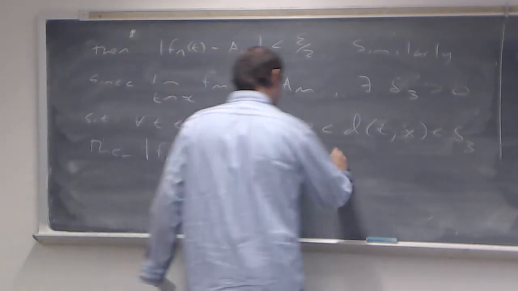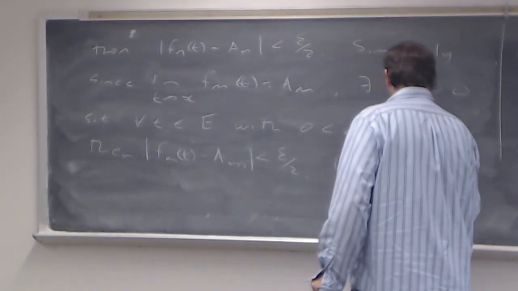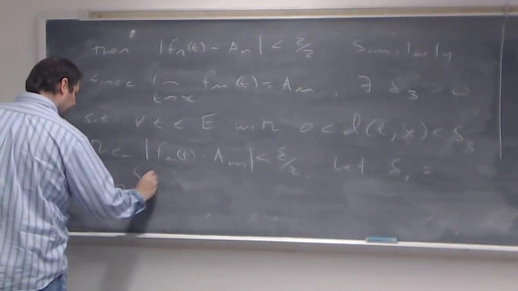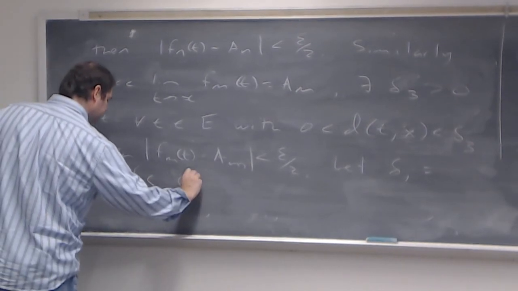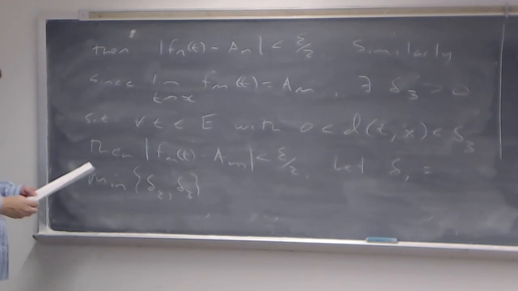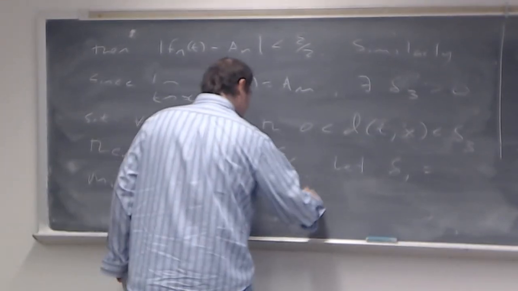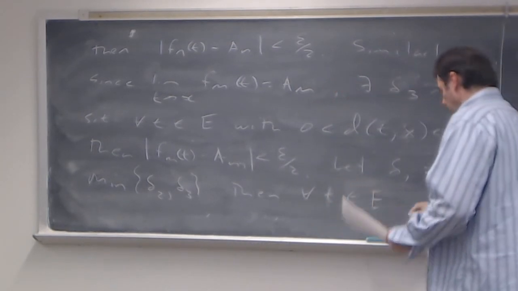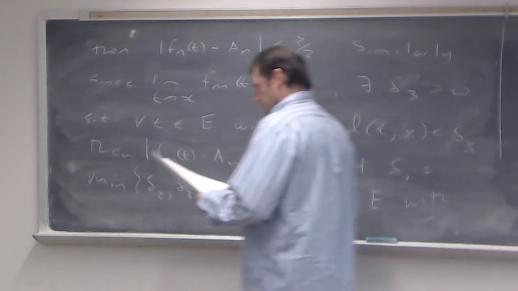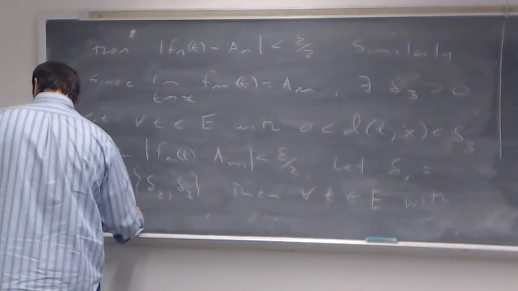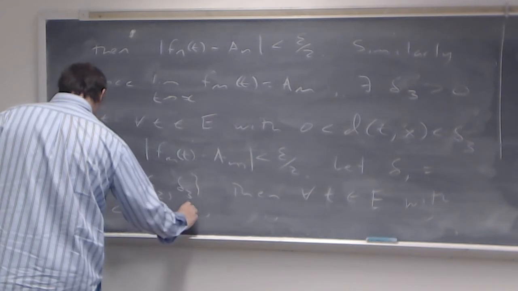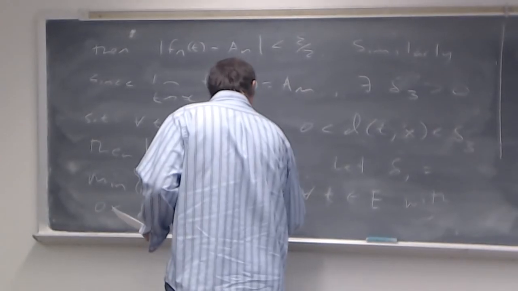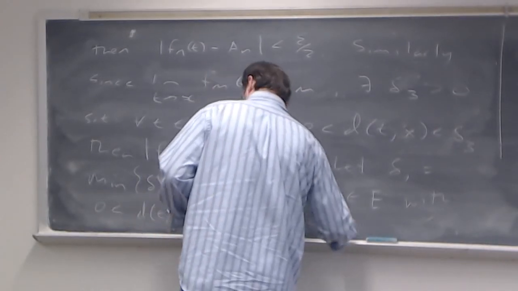Then, remember we're looking for a delta sub 1, so we let delta sub 1 equal the minimum between these two deltas, that is delta sub 2 and delta sub 3. Then what we get is, for all t an element of E with 0 less than the distance between t and x less than delta sub 1, we have, let me write over here,